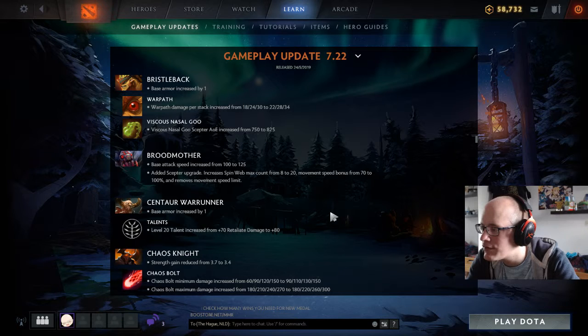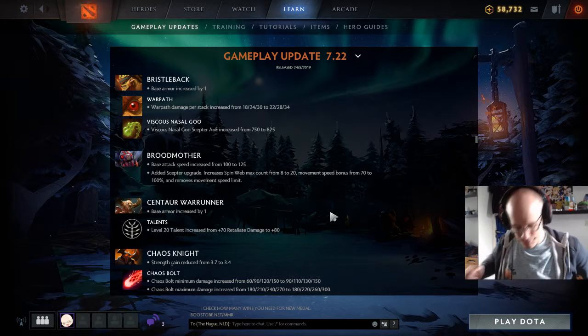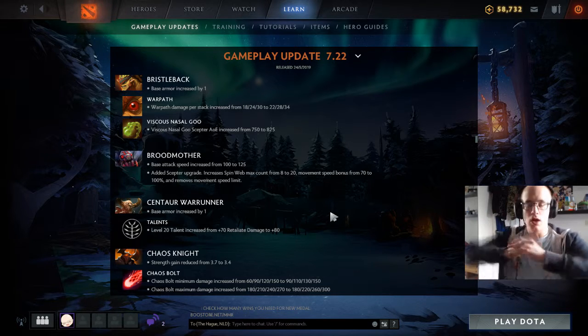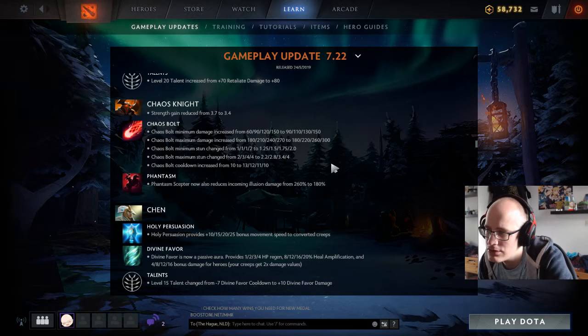Base attack speed increased from 100 to 125 for the Brood. Added Scepter upgrade. Increases Spin Web max count from 8 to 20. Movement speed bonus from 70 to 100% and removes movement speed limit. Phantasm Scepter now also reduces incoming illusion damage from...